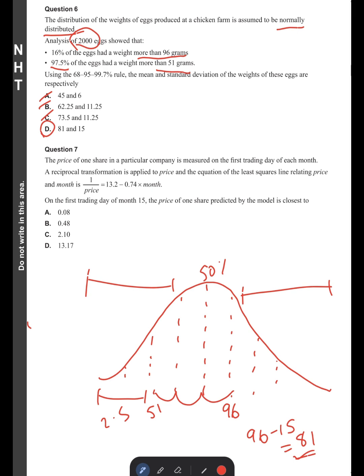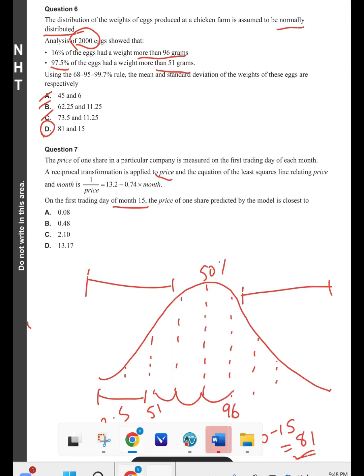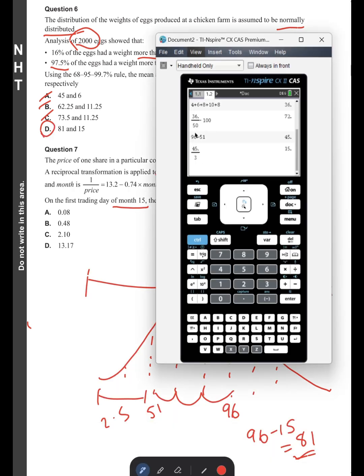A reciprocal transformation is applied to price, and the equation of the least squares regression line is given. On the first day of trading of month 15, the price of one share predicted by the model is closest to... Okay, so we've got to use our solve function for this. So menu 3.1, and we always use solve whenever we're dealing with